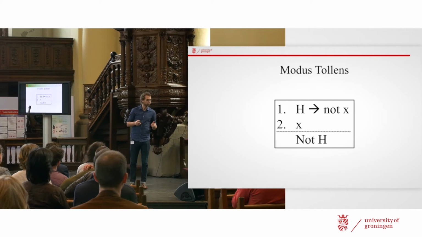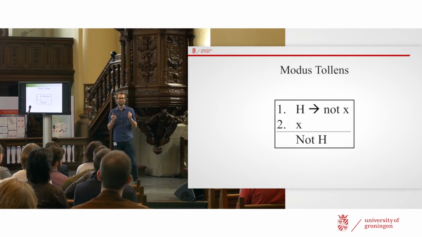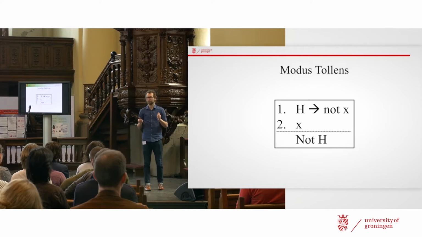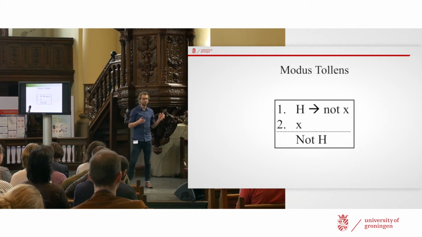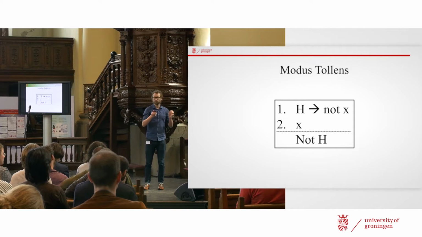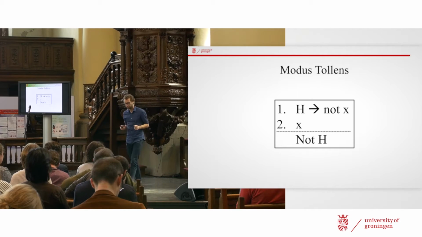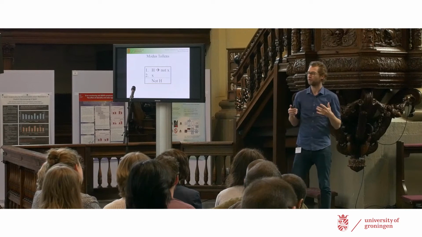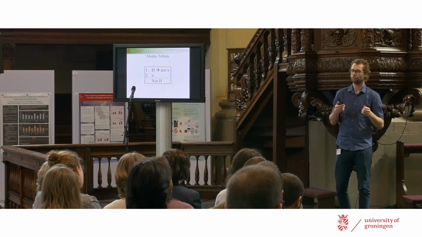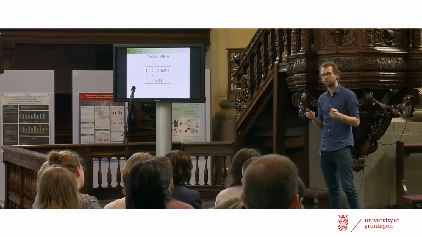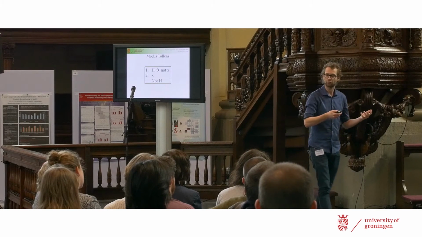Unfortunately, what we have to do first is delve back a little bit into logic, but I'll give you a nice example so that you have an idea. It's called the modus tollens, and the idea is: if H, then not X; X; hence not H. H here you can think of as a hypothesis, and X as a certain event happening. So if a certain hypothesis were the case, then X cannot occur; X occurs, hence the hypothesis is